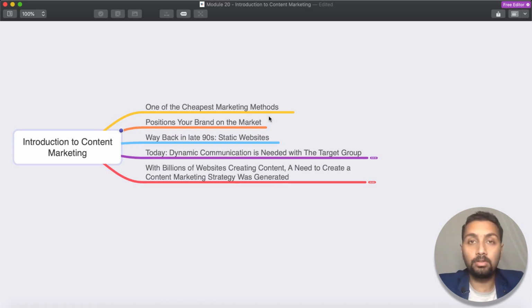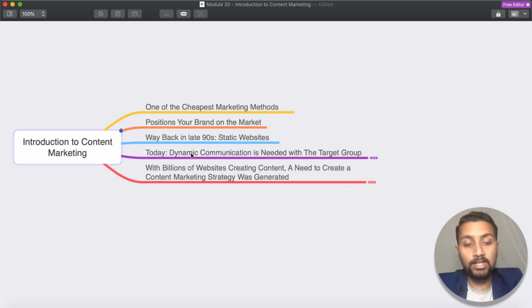A brand who consistently creates content and distributes content and gets people to read about the content is actually performing a lot better than the other competitors out there in the world who don't have an online presence, who don't engage with their target audience using the online mediums. But with digital marketing, that is what the goal is, right? So, way back in the late 90s, content marketing was still there, but people used to create some static websites, okay? And they then used to wait for people to come and contact them. Well, at that time, the number of websites used to be very less. But in today's world, the number of websites is actually huge.